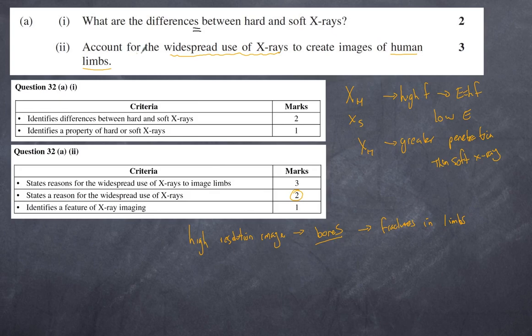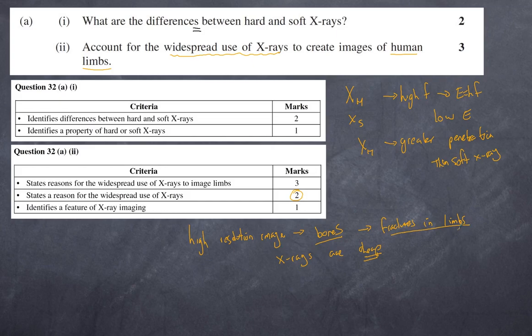So I'm needing more, in this case, the widespread use. So I'm needing, in this case, multiple reasons for the widespread use. Well, the fact is, of course, that X-rays are cheap. That's another reason why they're used frequently. So now what I've done is I've provided two reasons for widespread use, and I've referred directly to the aspect